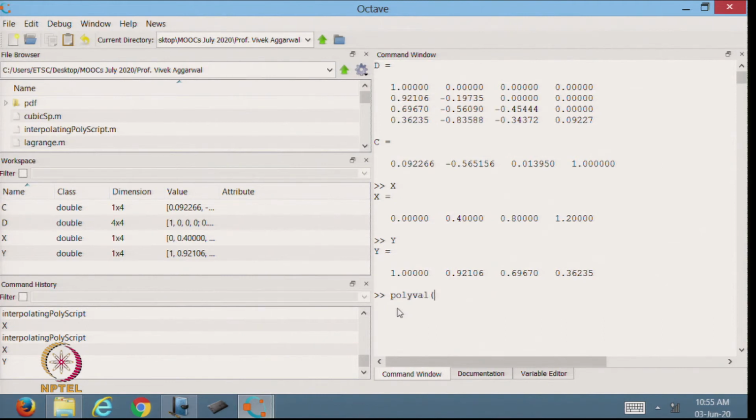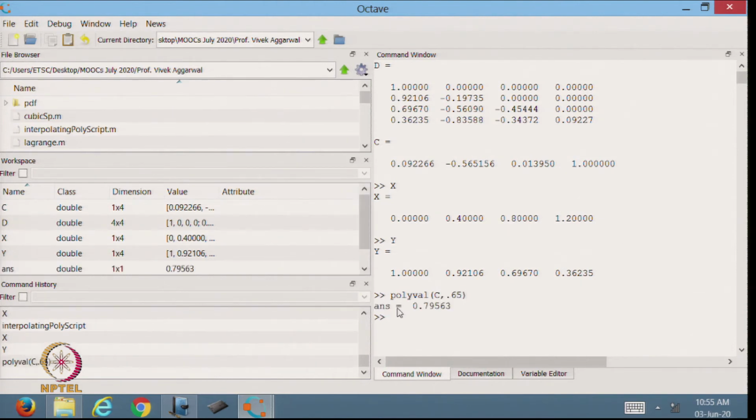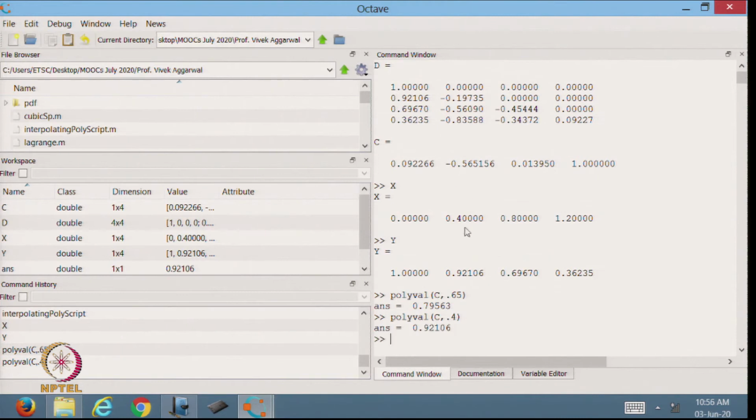Polyval means I am taking the polynomial, that is c, and I want to find its value at, suppose, the x given here. Suppose I want to find the value at 0.4. At 0.4 this gives 0.92106, because this is an interpolating polynomial, it is passing through the points, so that is why the value comes the same.